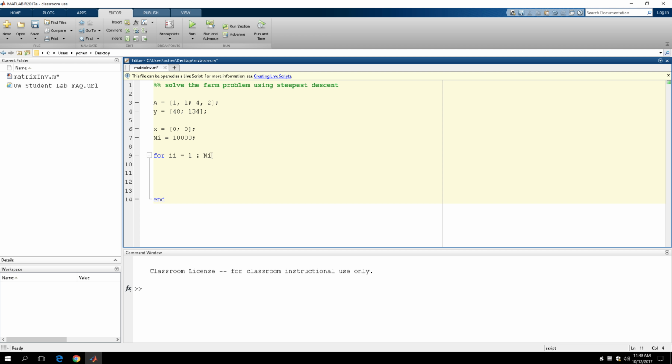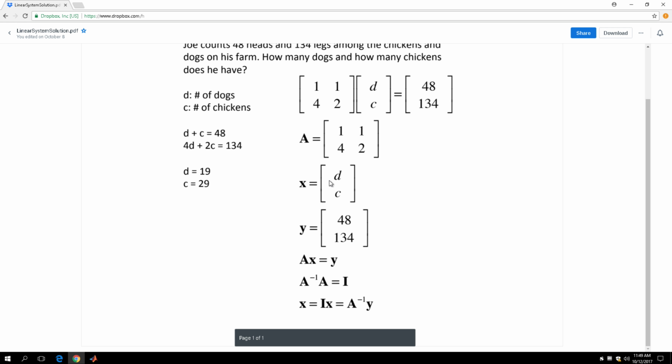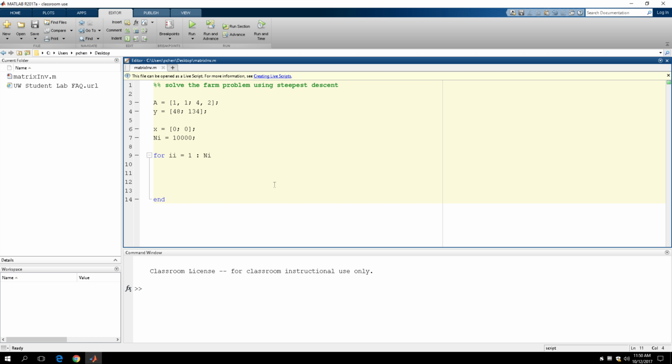So the first step is what I was just talking about. The first step is to use this A times X to do a matrix vector multiplication. Let's just write the code for that, and we have our own function for doing matrix vector multiplications, which